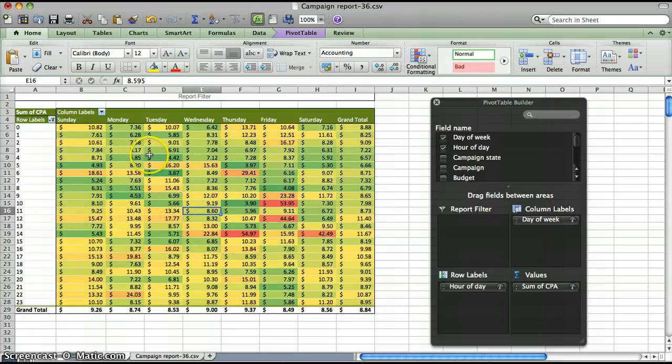You can see I have a lot more green. I just have a few outliers here that aren't green. It seems like a good split, but there's definitely a lot more green telling me that these areas right here are areas where I'm well under my CPA goal. It looks like Monday mornings are actually really good for me, where on the last one, before I normalized this around my goal, it was saying all of this was yellow, so it was all just kind of decent. But looking at our actual goal, it looks like the mornings are actually very good for me,